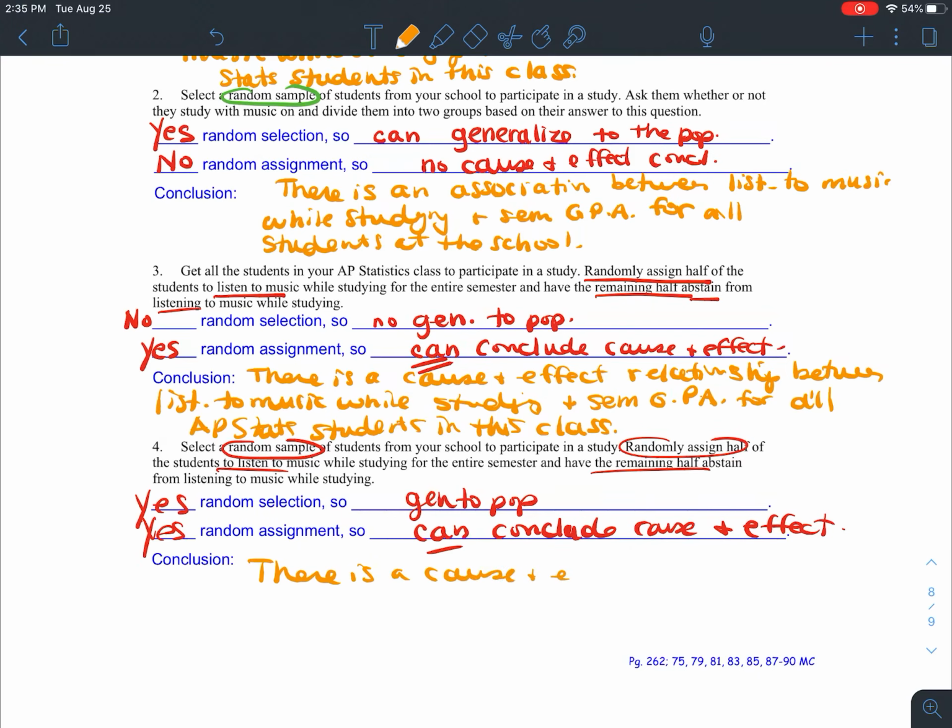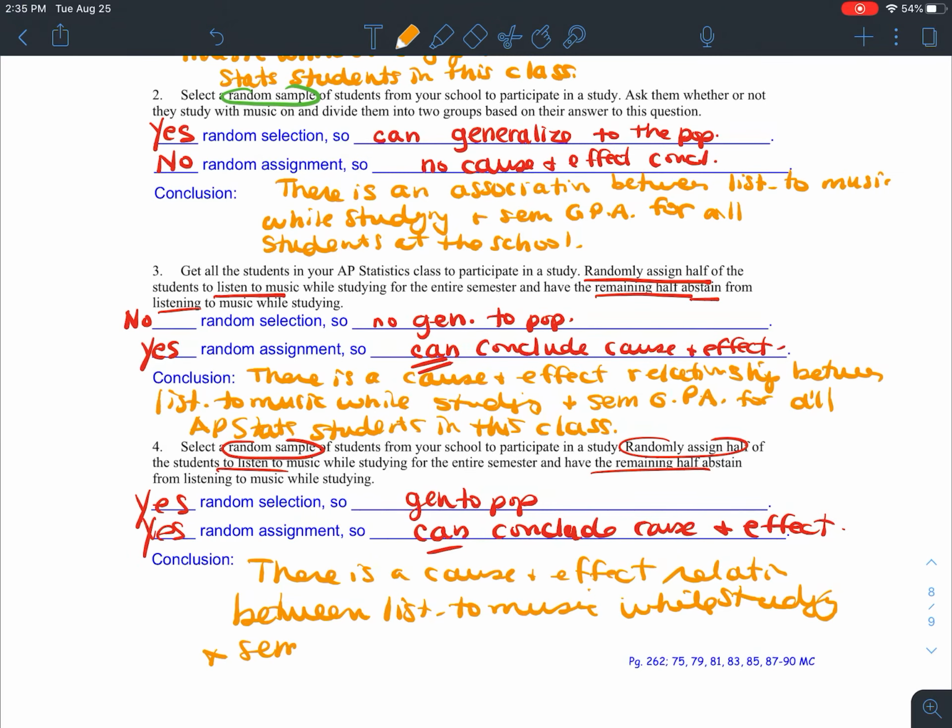So this is going to be, there is a cause and effect relationship between listening to music while studying and semester GPA for all students at